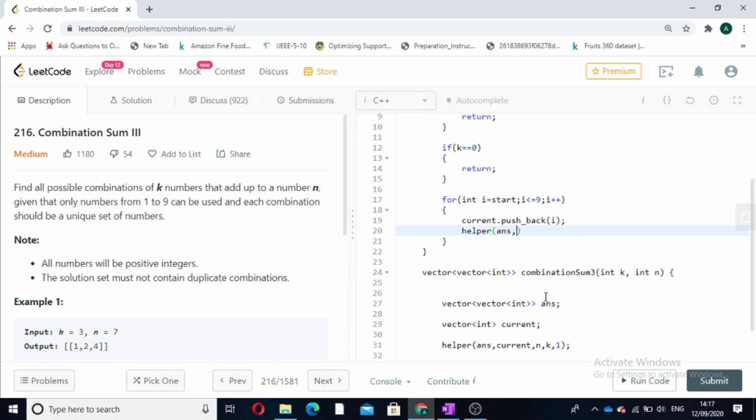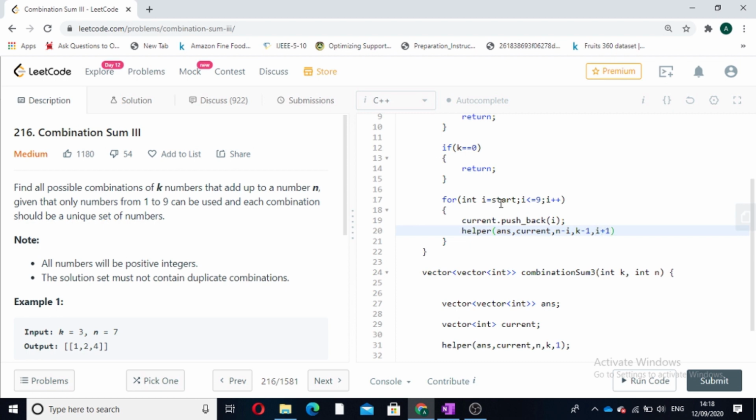In this we are passing answer, our current, n minus i, because suppose start is equal to 1, so we have considered 1 into account. So the new n which will be required in further iterations will be 4, not 5, so n minus i. Now since we have considered an element, our k will also decrease by 1, and our next iteration will be called from i plus 1.